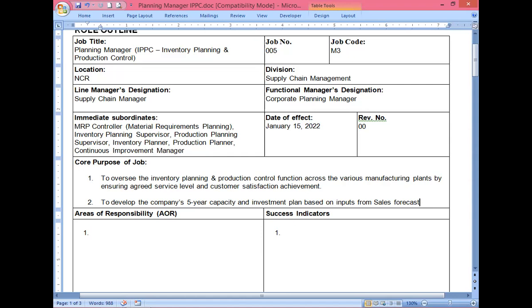Okay, because they have to build the plant, or they're going to seek some business partner to build the plant. If the company will decide to build their own plants, or they're going to ask for a business partner to invest in building the plant, and the company will just pay for the toll processing, something like that.